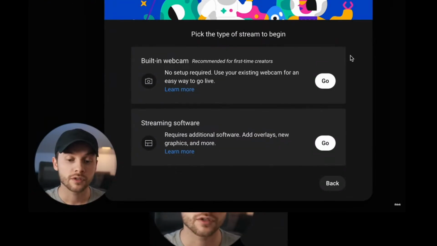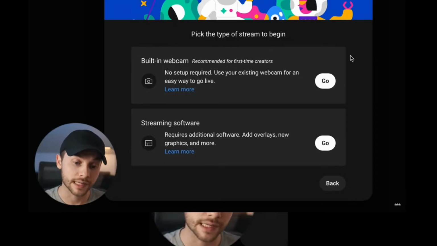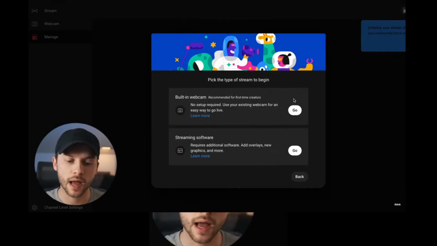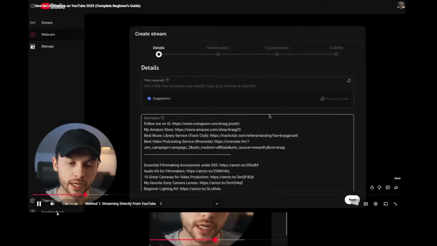So this is choosing the type of stream that you want to do. Are you going to want to use the built-in webcam and go live directly from YouTube? Or are you going to want to use streaming software? And so for this tutorial, I'm going to show you both methods here so you can decide which option would be best for you. So for this first route using the built-in webcam, if you hit go, it's going to